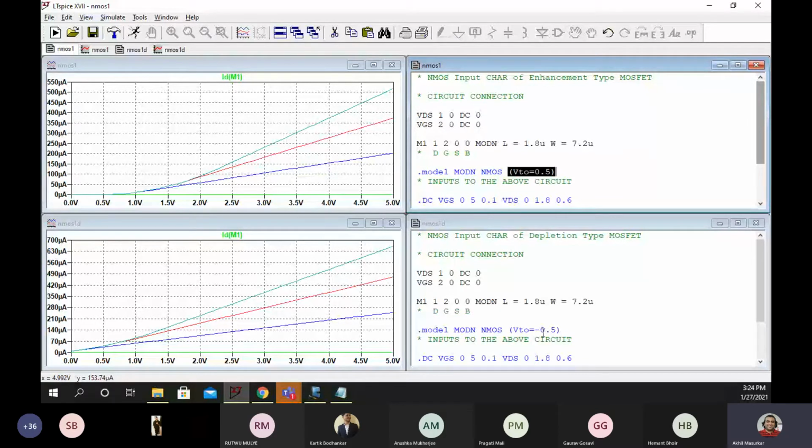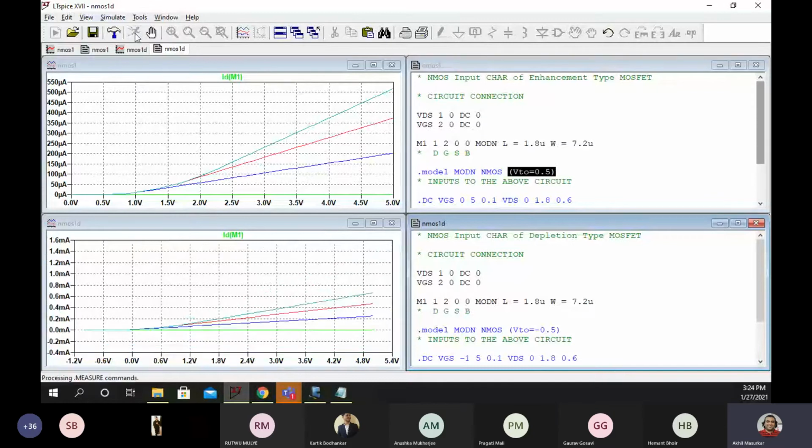Why we are not able to see that? Because we have written VGS from 0 to 5 in steps of 0.1. Instead of 0, we should at least say it should go from minus 1 to 5 in steps of 0.1.